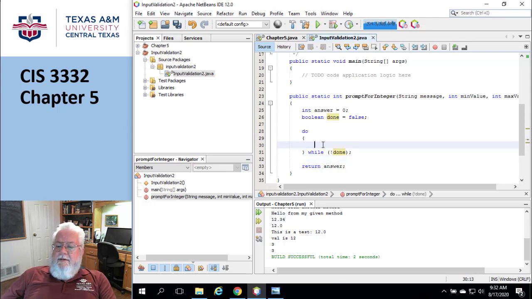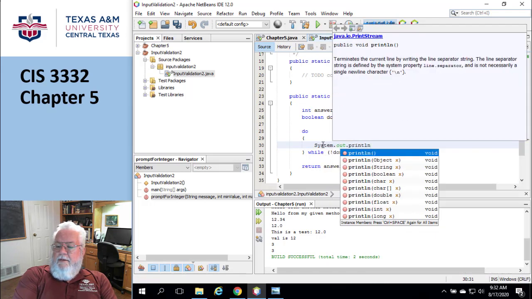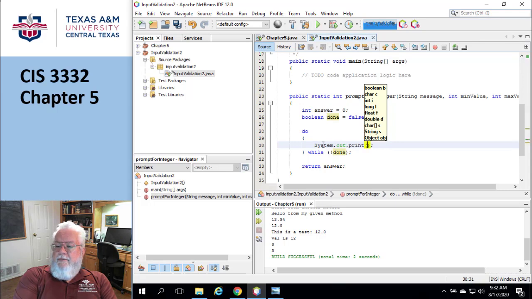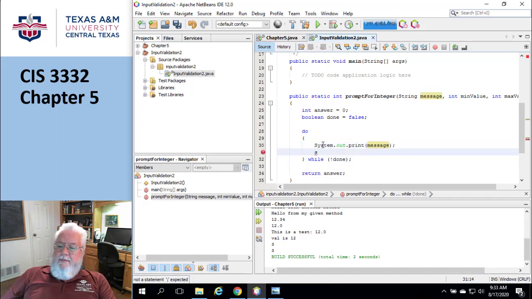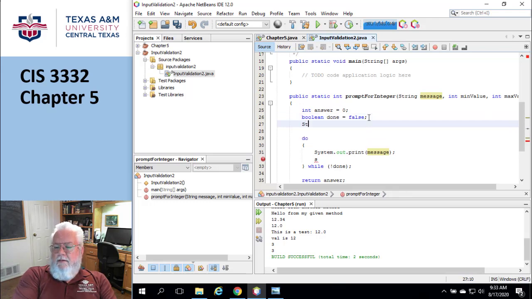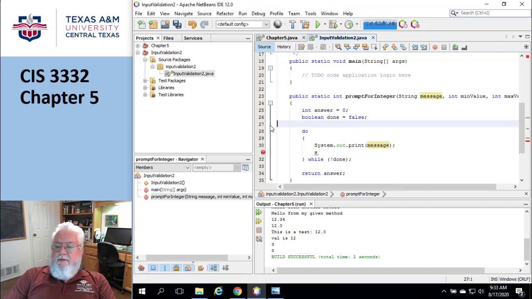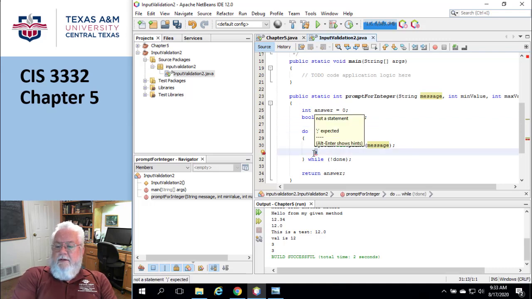Okay, and so then we're going to do the system.out.print, not println, and I'm going to say message. Okay, cool. And then I'm going to do string. Actually, I'm going to put the string up here. I don't normally like to create string variables inside loops. I'll explain why one day. String, I'm just going to call it buffer, since I don't really have a good name for it. Actually, maybe not. I'll tell you what, let's just take this thing out. Let's just do an easier one. And let's just say answer